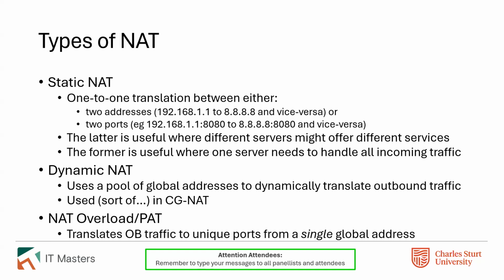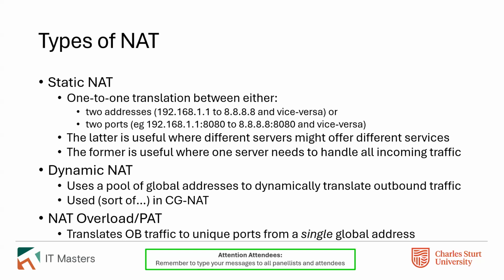Because one of the problems with NAT is that because you've got a many-to-one relationship between private addresses and public, you've got this issue that eventually you're going to run out of resources, run out of connectivity. And eventually there's going to be what's called a collision, where two devices are attempting to talk to the internet. They happen to be using the same ports, which in turn means that NAT can't actually function.